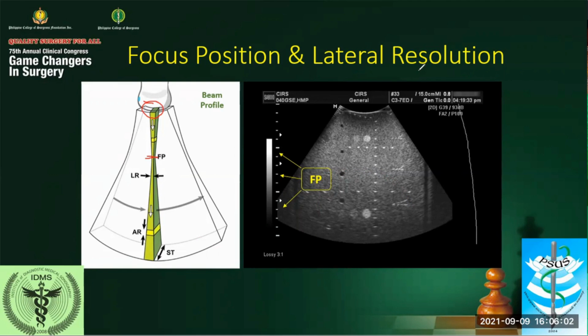And this is represented by small triangles here in some machines. They may be located at the left side or at the right side. Again, you have to consult with the supplier or the user manual about the focal indicator. So in this picture, you have 3 focal points. This means that lateral resolution is set in these 3 areas.